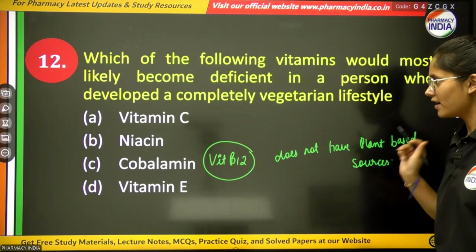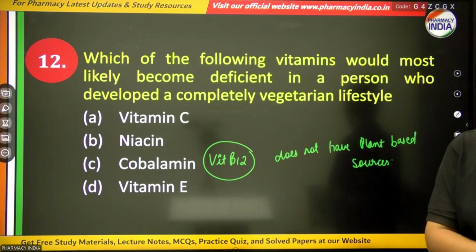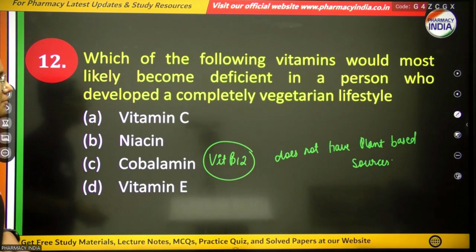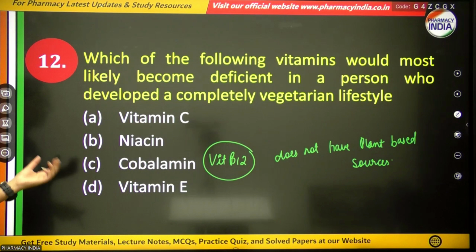Clear? So if a person who developed a completely vegetarian lifestyle has most likely become deficient with vitamin B12, that is cyanocobalamin or cobalamin, which is the most complex vitamin which contains cobalt. So next question is